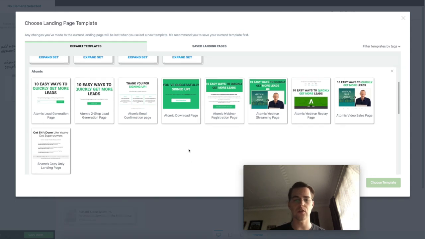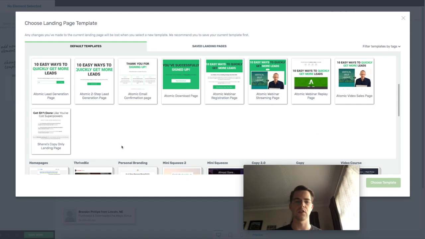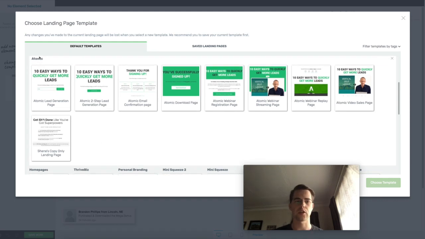And that's also another thing, is once you click on them, it'll come out and show you that there are multiple different ones inside of that Atomic name. So there's just the basic lead generation. There's a two-step lead generation page. There's the confirmation page. It just says thank you. Download page. So it all just looks the same and it looks fantastic, and you can just make multiple pages. There's a complete landing page, a sales page, and everything, a video sales page and a webinar streaming page. It's great. So we're going to use this lead generation page, and we'll just click Choose Template,